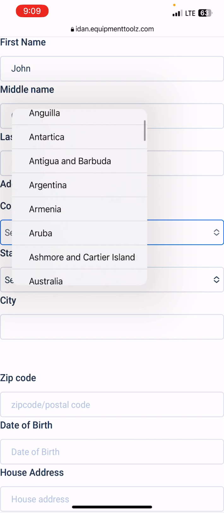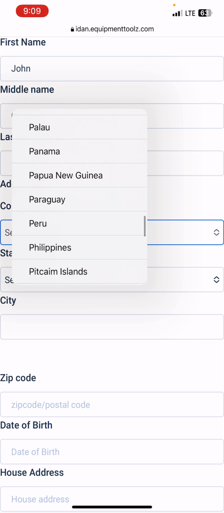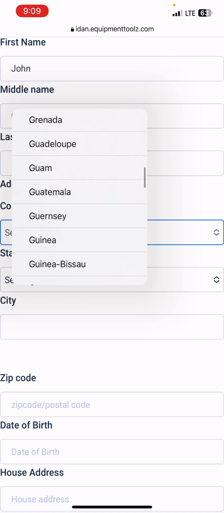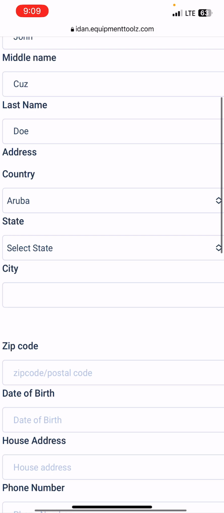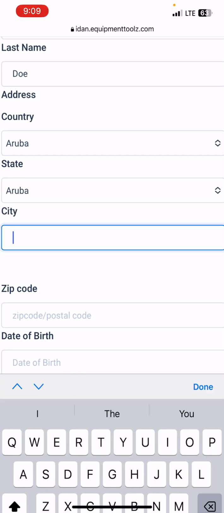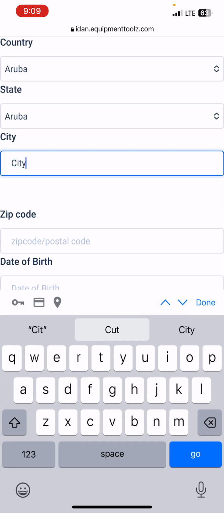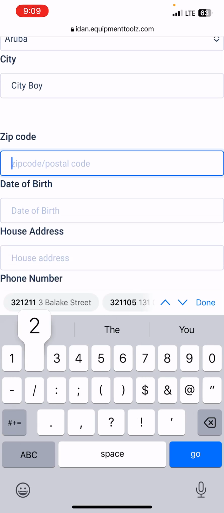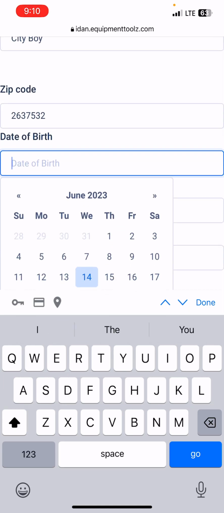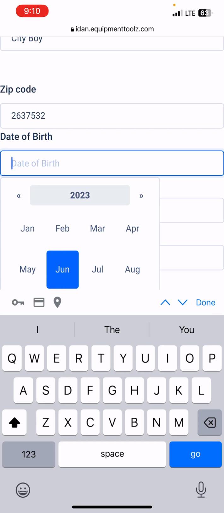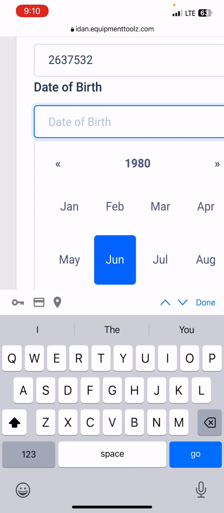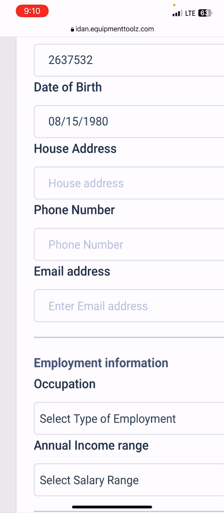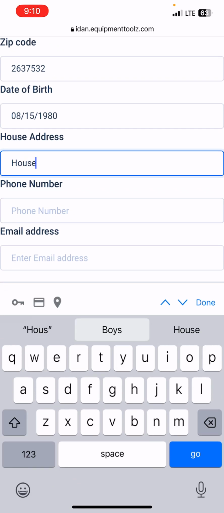Here you see different countries. It comes with the 250-something countries we have in the world. Let's choose our country. I'll just say Aruba, I'm from Aruba. So I click on Aruba and enter the city. Then you enter your zip code and date of birth. I'll just go to 1980 and August 15. Then house address, city address,